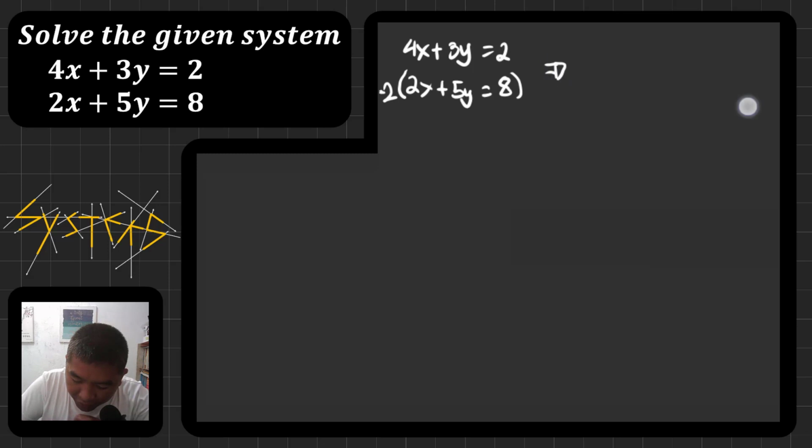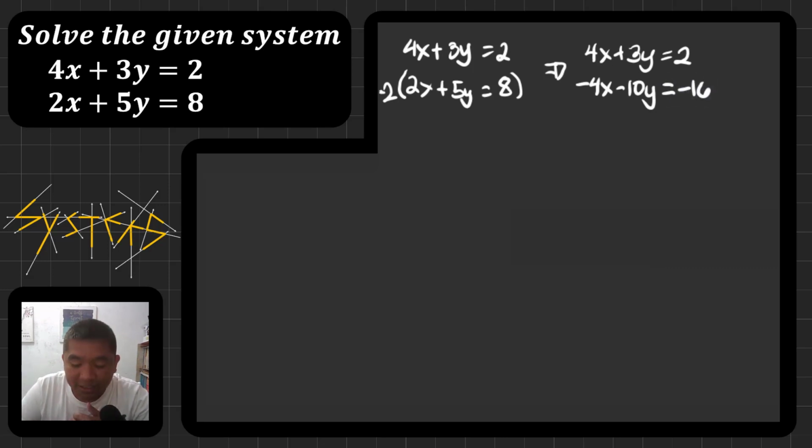So the first equation is still 4x plus 3y equals 2. Your second equation, negative 2 times 2x, you have negative 4x. But make sure that you're also going to multiply negative 2 to 5y and to 8. So negative 2 times 5y is minus 10y, and negative 2 times 8 on your right-hand side will be negative 16. So don't worry about multiplying by a certain constant. Once you do it right, it's just a multiple of the said equation. You will have the same